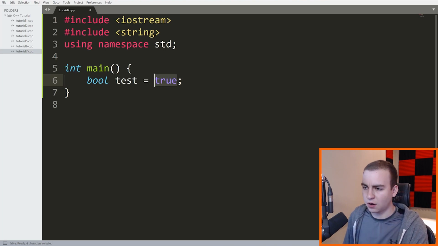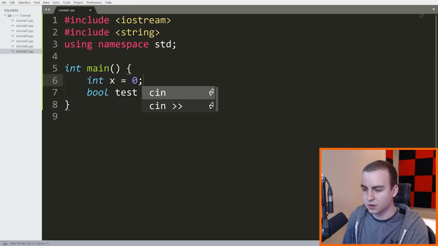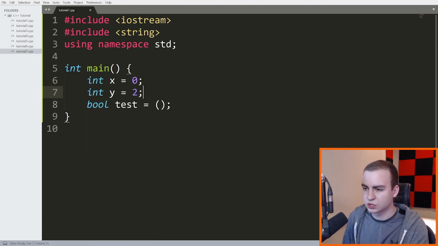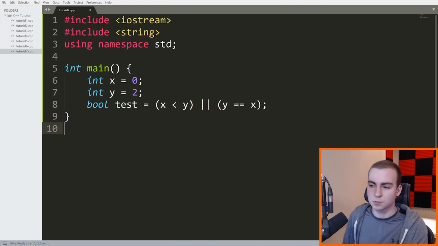And actually, just to end off here, what I want to show you is that you can have comparison operators and use those with logical operators. So if I have something like, as I showed you before, let's say we have int x equals 0, and then we have int y equals 2. Well, what I can do is something like x less than y, or we can say y equal to x, right? Now, it doesn't really make sense for us to do something precisely like this, but we can write expressions like this. Now, because this is going to return to us true or false, and because this is going to return to us true or false, it's totally fine to have the or in between. It will then look at both of the expressions we've written here and do the or of them,